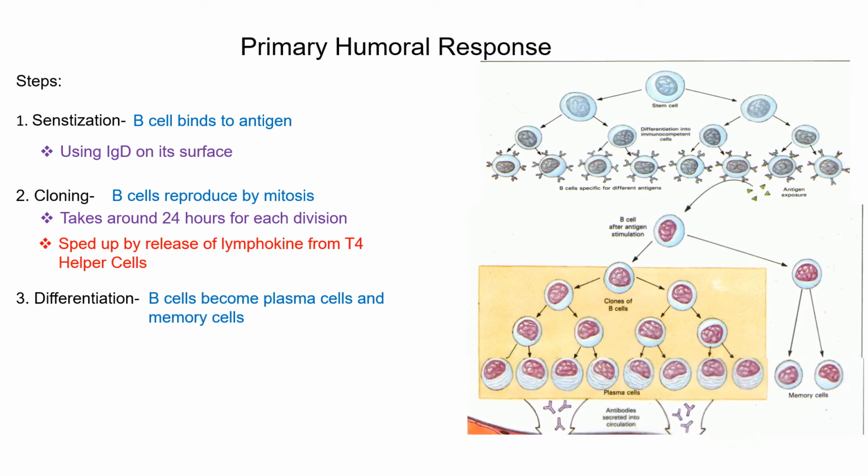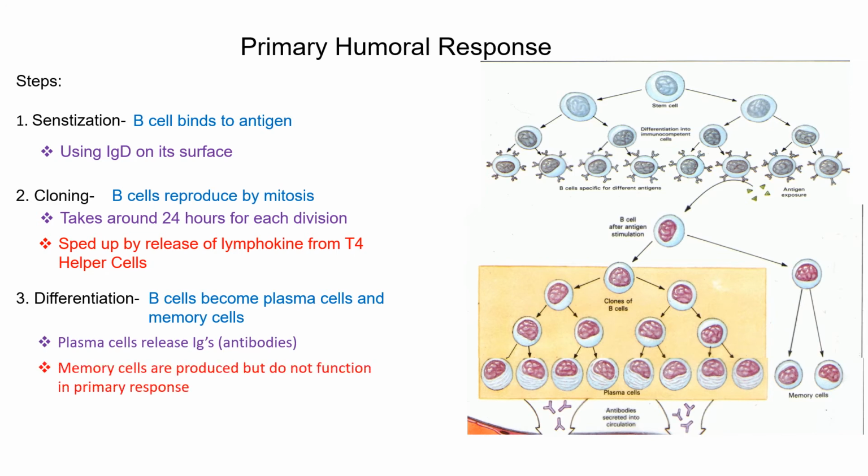Now the plasma cells are what produce and release antibodies. The memory cells will not function at this time, but they will be used in the secondary immune response, the secondary humoral response, which we'll get to in a moment. Once the plasma cells are produced, they're going to produce and release antibodies. Understand that B cells cannot do that. A B cell cannot produce an antibody. It has to differentiate first so it can produce the specific thing necessary. Once these antibodies are produced and released, the last step is that they're going to function. How do they function? Well, in several different methods that we'll talk about on the next slide.